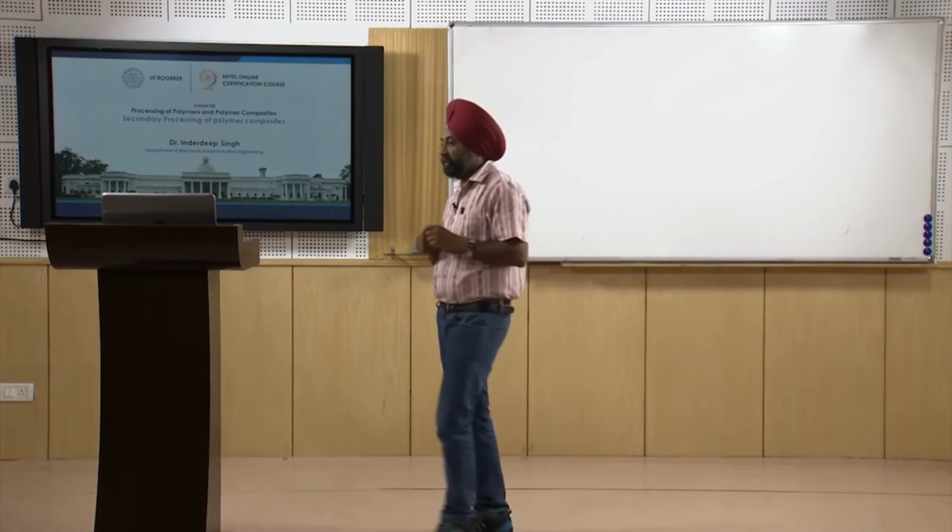Now let us try to understand. I think the learners must have been able to understand, or at least acknowledge, the importance of secondary processing of polymer composites, and why secondary processing is required. Because the parts that we make using the primary processing techniques do have limitations in terms of part complexity. You cannot make a very complex part using any standard manufacturing process for polymer matrix composites. So what is done? Usually we divide the part into sub parts. These sub parts are easily manufactured by any one process.